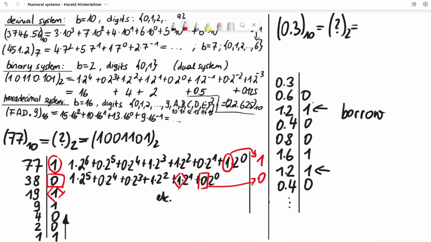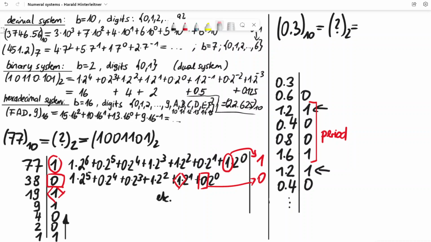So the period starts at 1.2 here until here. So it is obvious that we have a 4-digit period,